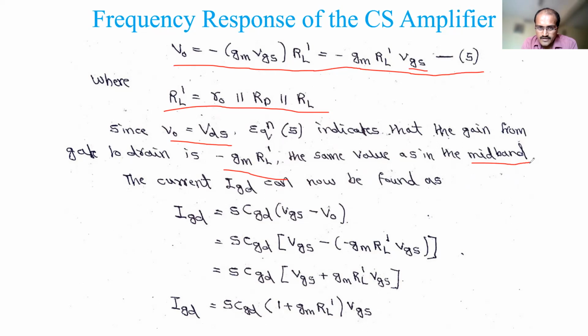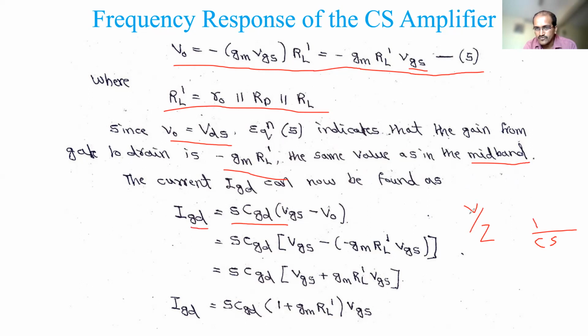Now the current IGD we can find, to calculate the equivalent capacitance. So the IGD current can be given from the Laplace transform. The capacitance will be given by S into CGD, this is the equivalent impedance. By Ohm's law, I is equal to V by Z. So what is Z here? The capacitance impedance, which is 1 by CS. So in the Laplace domain, Z is given as 1 by C into S. What is C here? CGD, because I am finding the IGD current.